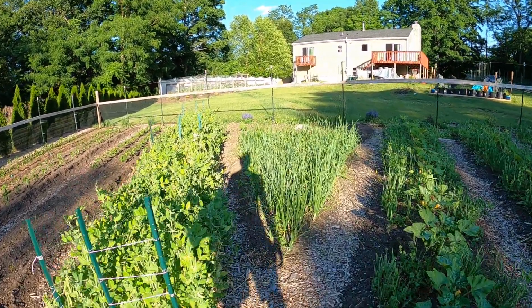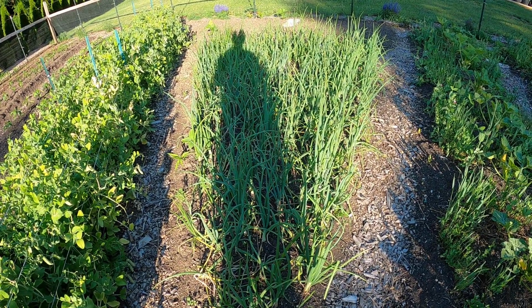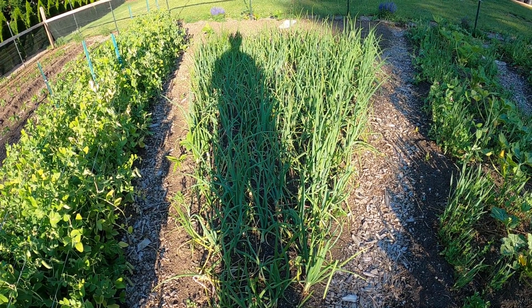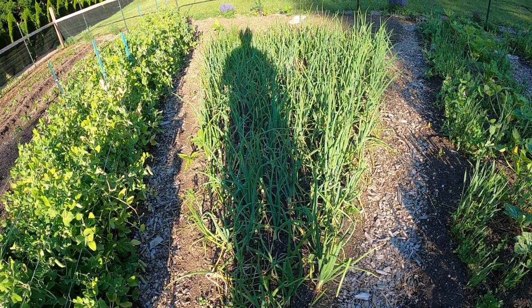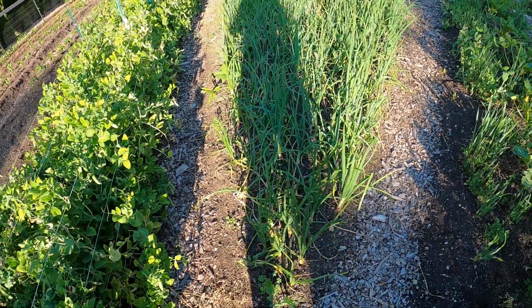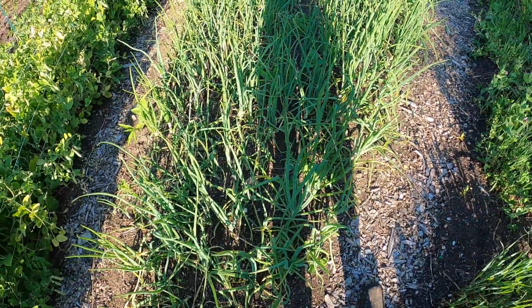So I would say I am not a good onion grower. I've struggled specifically in this area trying to find a good plot that would give us good sizable onions. Or maybe I'm just comparing my onions to what you see in the grocery store, and ultimately I just don't hit that standard, and maybe that standard is just too high for me to hit. But I can grow onions, but I tend to grow a lot more of the green tops rather than the